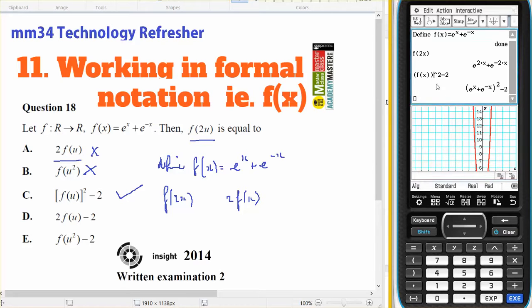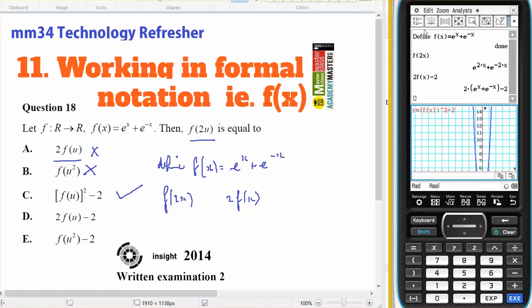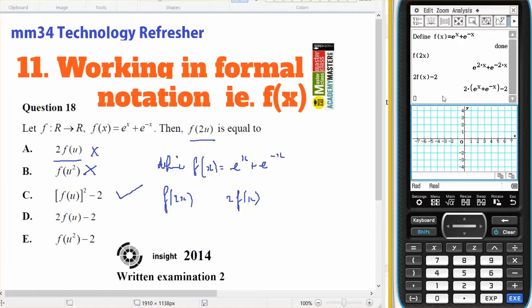I might go get rid of... It won't let me get rid of that one. Okay. So I want 2f of u minus 2. Come on. I lose motivation the minute I've got my correct answer. So 2f of u minus 2. Press X. I go Edit, Clear All, OK. And this,